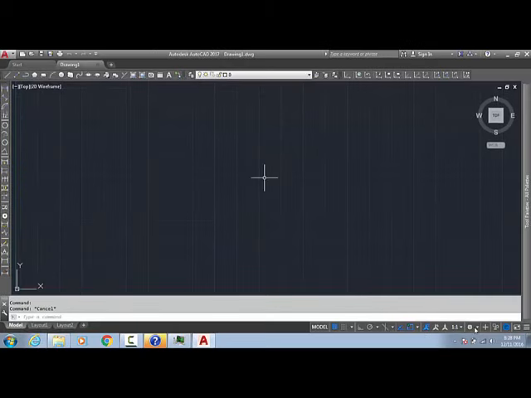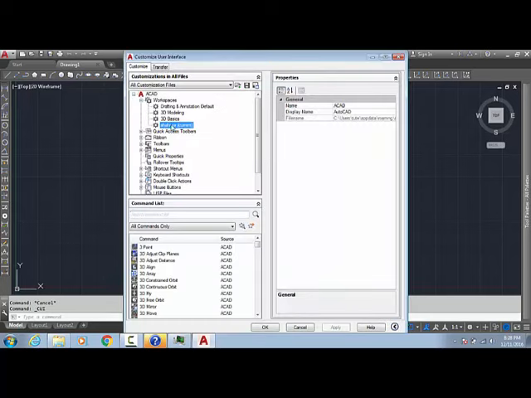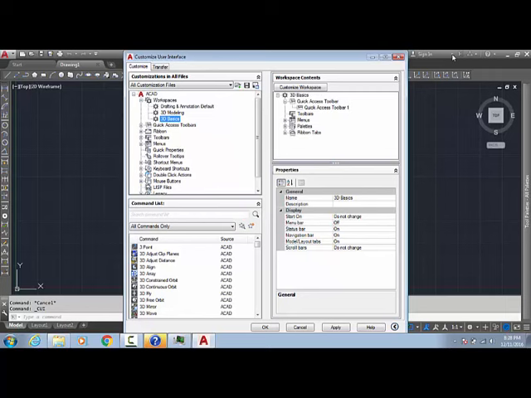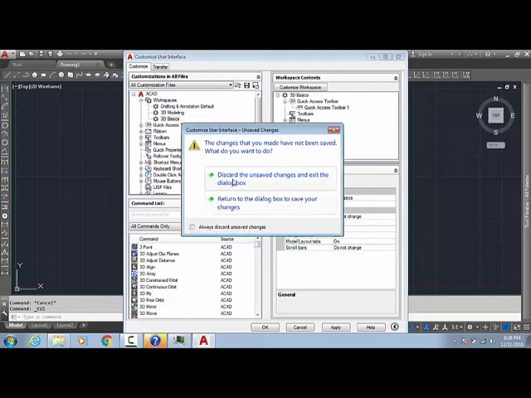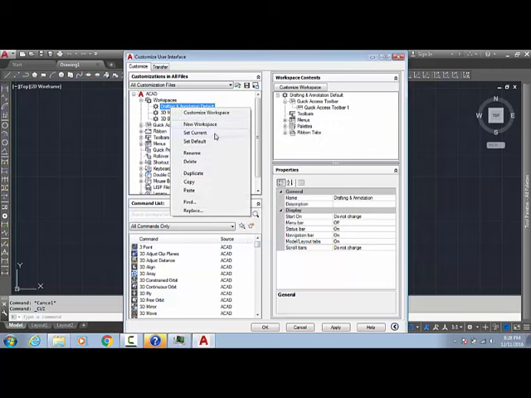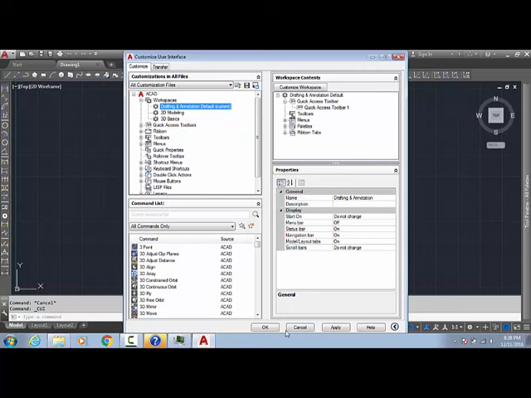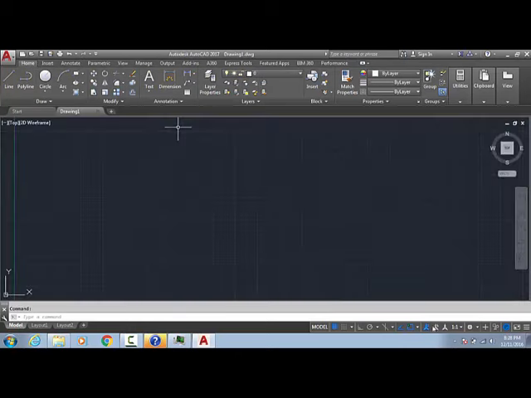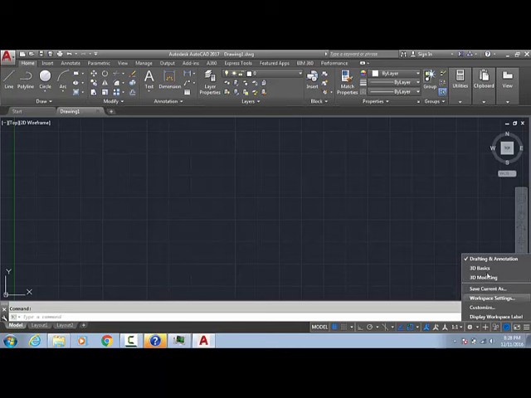And I am deleting this workspace, delete, yes. Okay, now getting back, this one, set current. Because I deleted the workspace and it was the default, it's giving an error. Now if I want to switch again to the toolbar workspace, it's not possible.